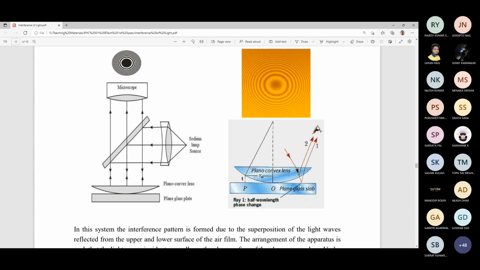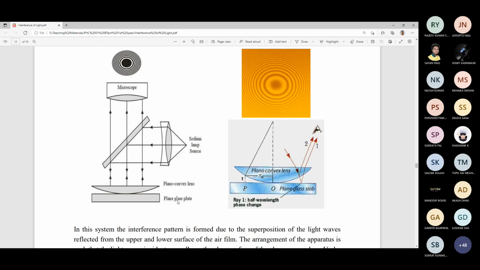But beam 1, which is reflected by a denser medium, the glass plate, undergoes a phase shift of pi, which is equivalent to a path difference of lambda by 2, that you know, right? So when we consider the path difference between these two beams, in case of wedge-shaped film, you know